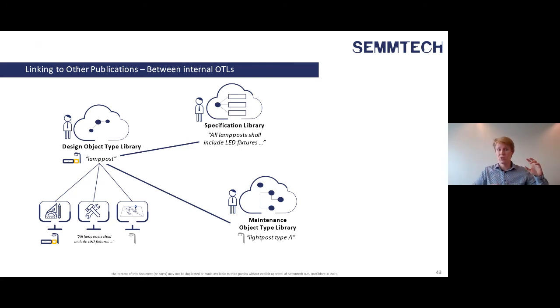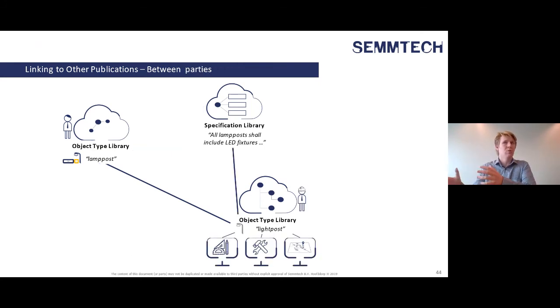You might have a different taxonomy built. So instead of going from bridge to static bridge and dynamic bridge, perhaps for your needs and purposes, you go from bridge to rail bridge and traffic bridge, and then you have your traffic dynamic bridge and traffic static bridge, and your rail dynamic bridge and rail static bridge, for example. Whereas in your other maintenance library, this difference is done differently. Or as a contractor, you could also have your own object type library